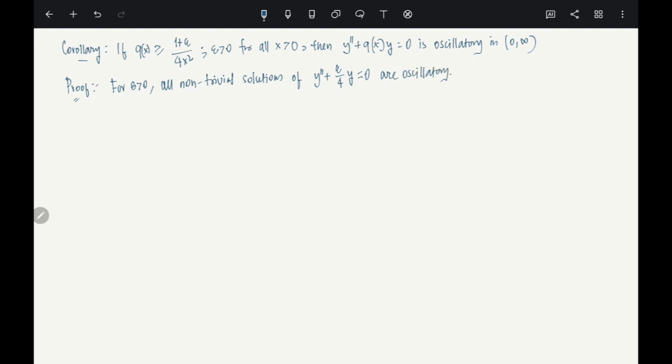Right? This is trivial, right? Cosine, sine. Yes, the solution. So they are going to be oscillatory, no problem. Okay. Now,